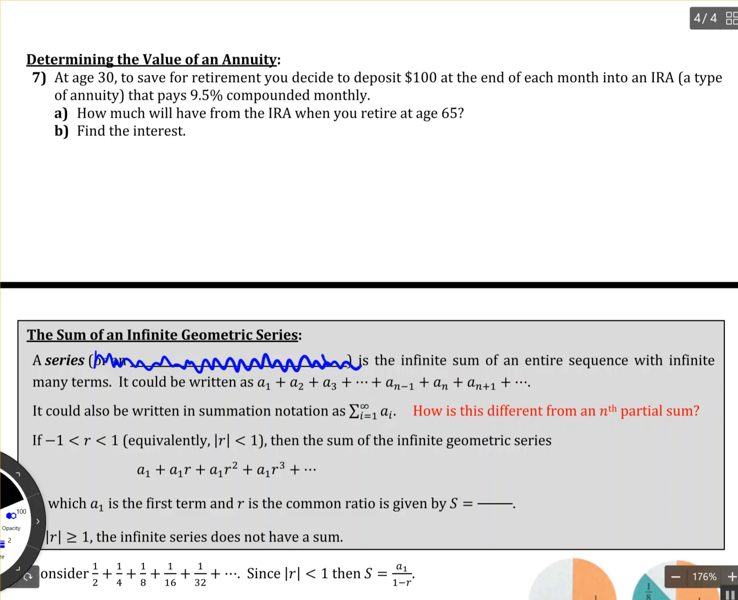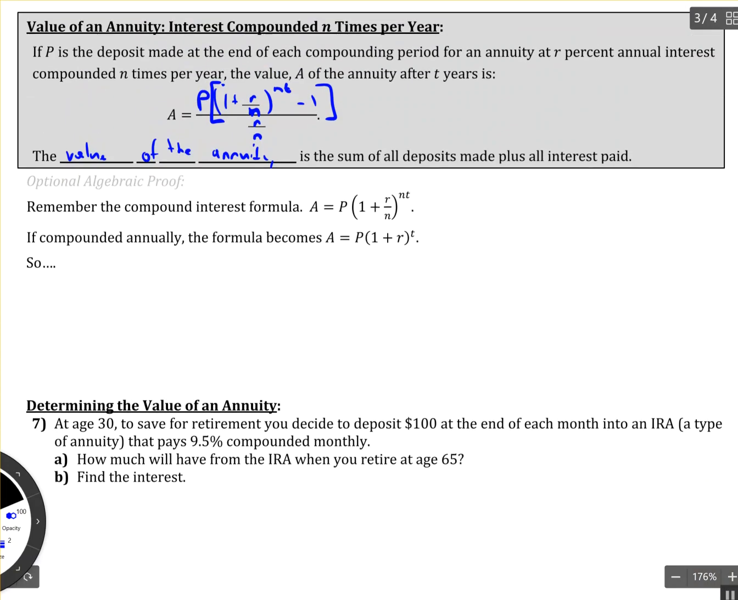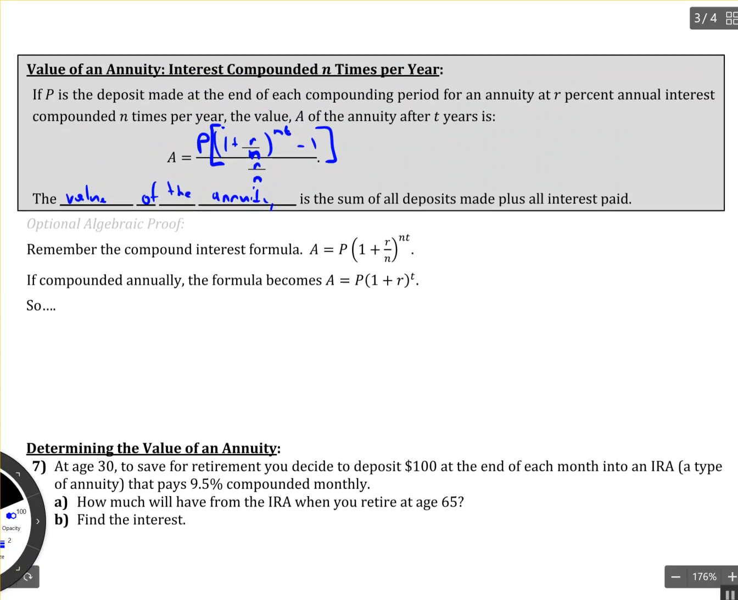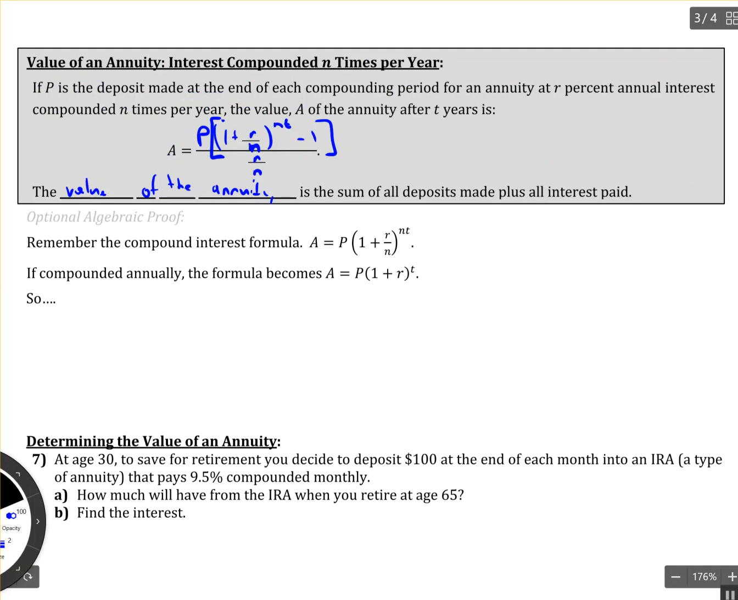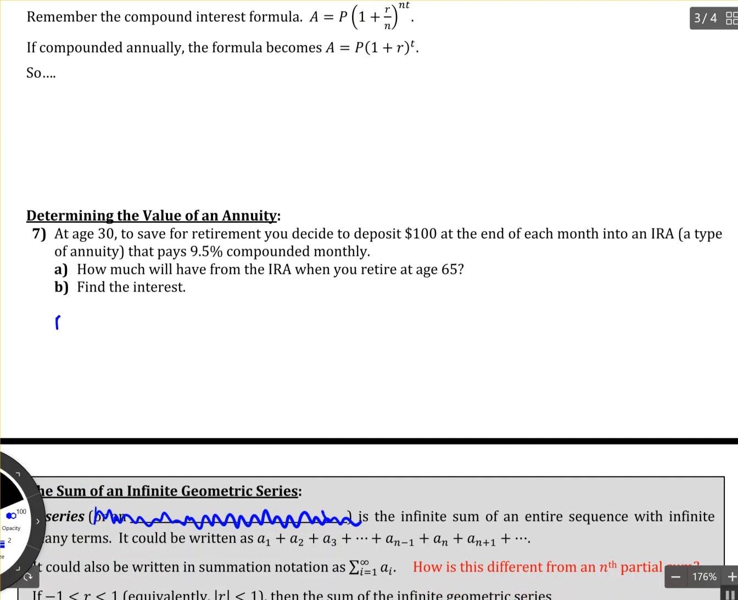So basically, we just plug it in. I guess I wasn't very clear about what was what up here. So P is the deposit made. In this case, P is going to be 100. R is our interest rate, compounded N times per year. So here we have P equals 100. R is equal to 0.095. And then N is compounded monthly, so N equals 12. So I'm going to have 100 times